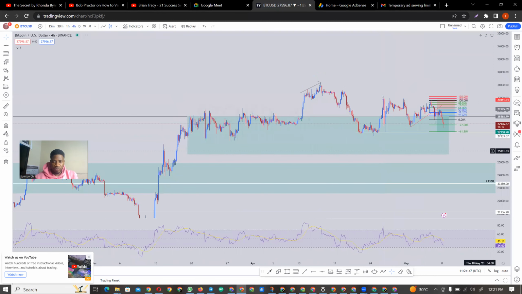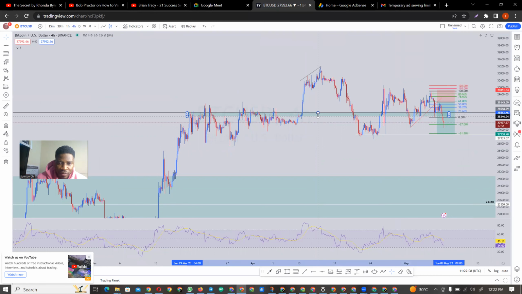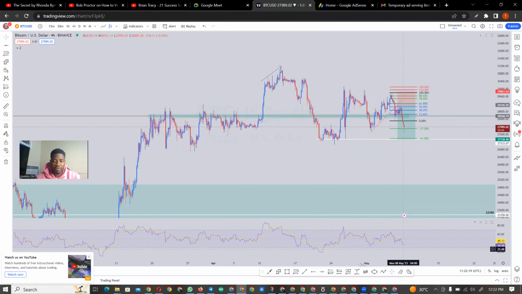Let me now show you why I say that market will sell today. But this is a counter trade. This box is a zone I drew. Technical analysts will agree with me that this is a supply zone. If you're a technical analyst, you know why I said that place is a supply zone.